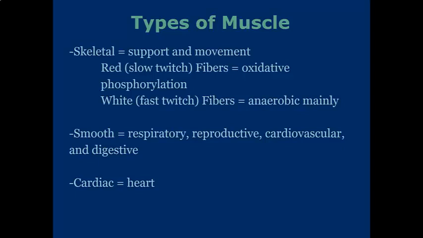There are three types of muscles. Skeletal muscles are involved in support and movement. This is generally the type of muscle we think of when we think of muscles. The red muscles, or red fibers, are slow twitch because they have lots and lots of aerobic action, lots of oxidative phosphorylation, which gives them that red color. White fibers, on the other hand, are fast twitch and are primarily anaerobic, which is the reason why they appear